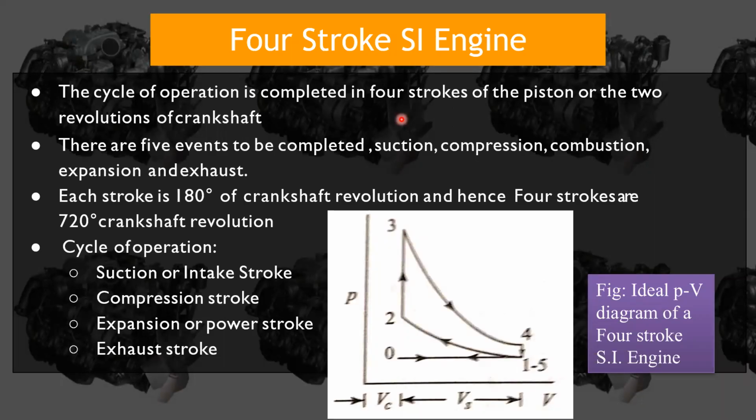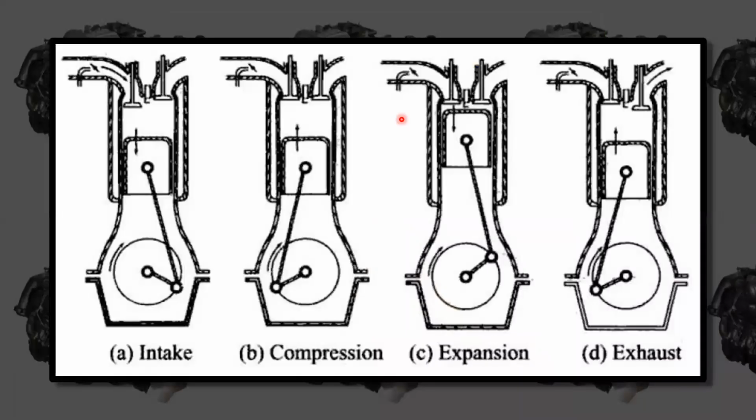Now what procedure is going to happen? We will see the procedure here. See this crank. This crank will take 180 degrees of rotation for every stroke. So finally we have four strokes, and 4 into 180 means 720 degrees. To complete one complete cycle of a four-stroke engine, it will take 720 degrees of crank rotation. That means each stroke is going to take 180 degrees.